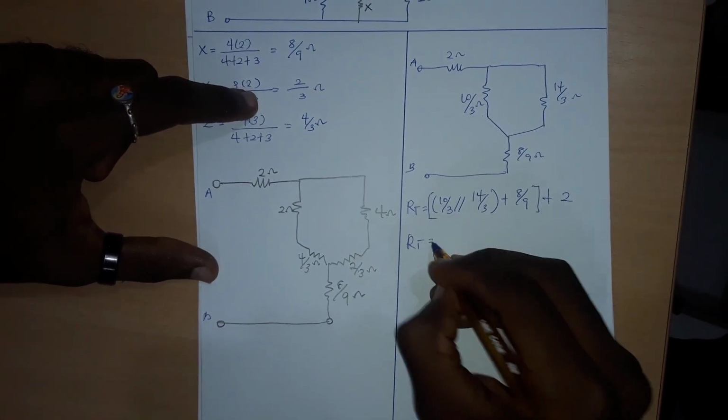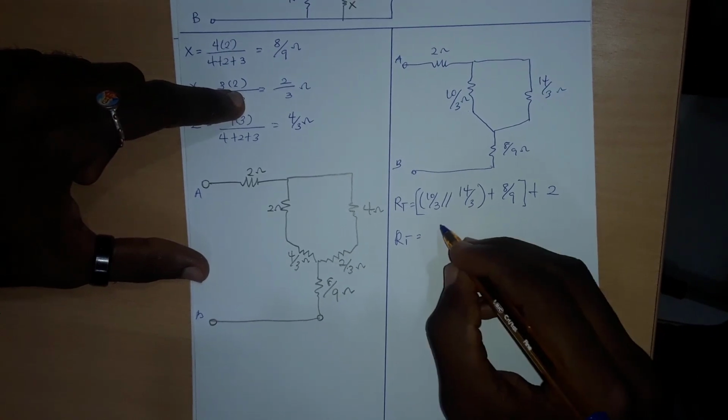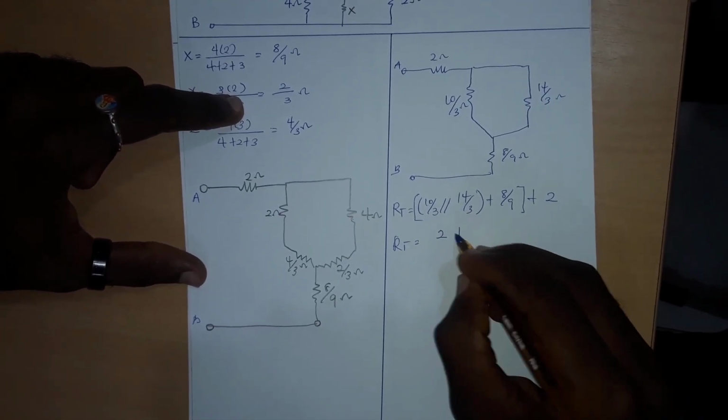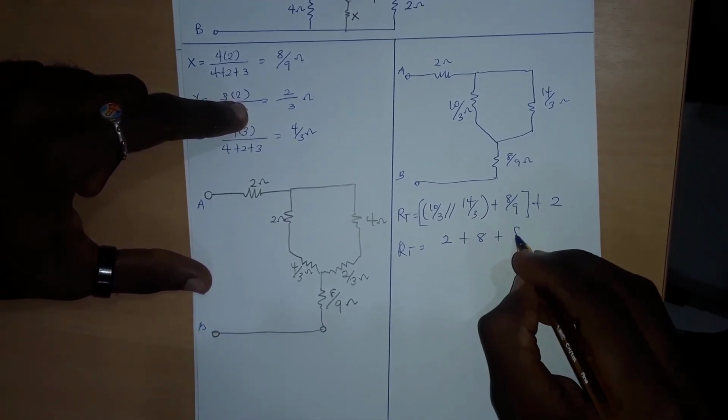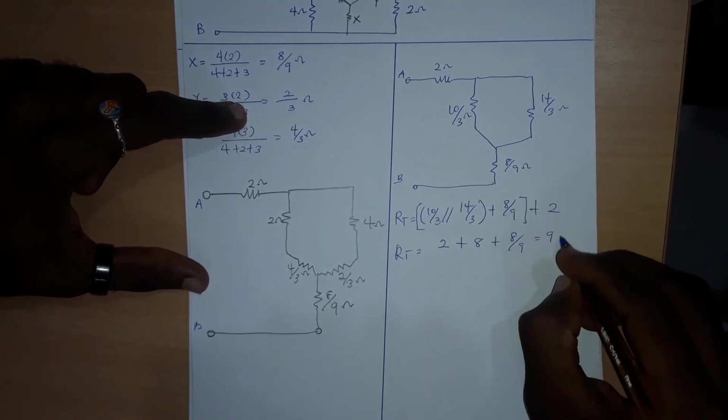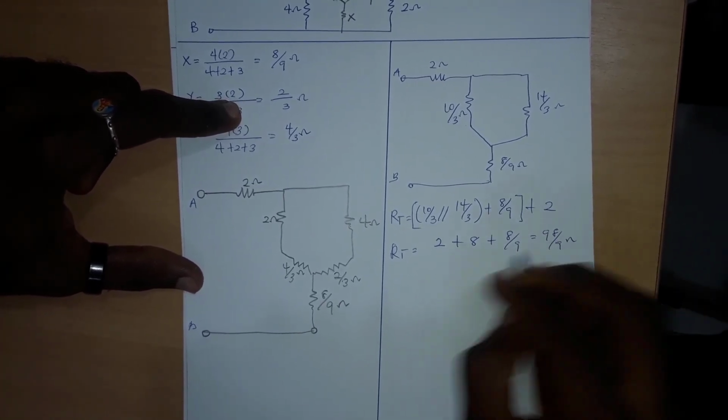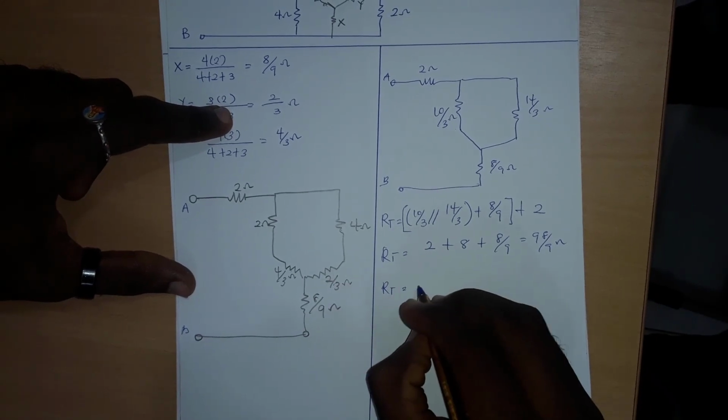So RT should give us 2 plus 8 plus 8 on 9, which is 98 on 9 ohms, or in decimals